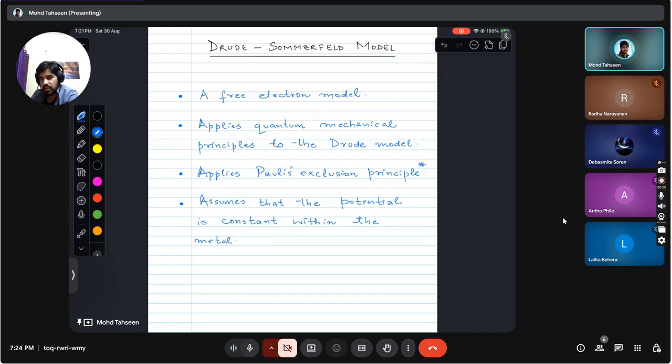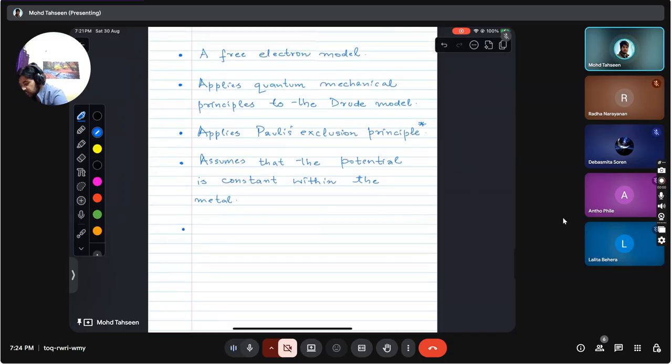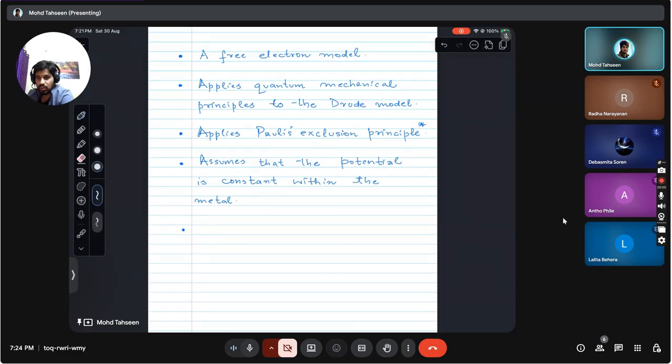Since the potential is the same, it can easily delocalize. It can be anywhere. There is nothing that forces it to be at one particular position, or that prefers one location to another. That's the meaning of this assumption, and this is the assumption that we will make while deriving the model. This is equivalent to saying that it's a free electron model. So the first assumption and the fourth assumption are not very different from each other. If it's a free electron model, that means the electron is free to move inside the sample without any hindrance.